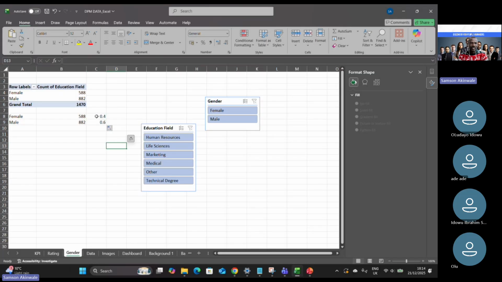This 0.4, I can convert to percentage later, and that means 40%. The next one is 0.6. Because it is percentage I want here, I'll just go ahead and change it to percentage. So those 0.4 and 0.6 turn to 40% and 60% respectively. So what do I need to do? I want to